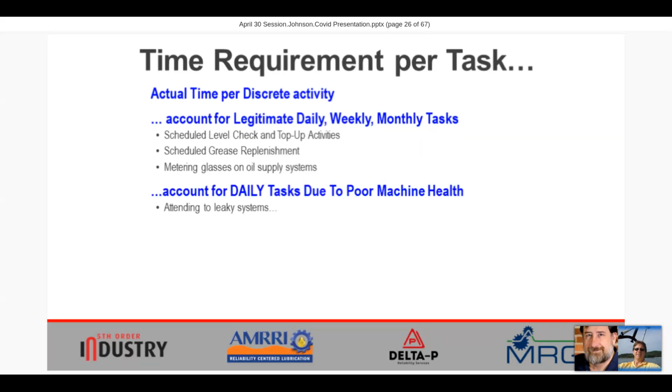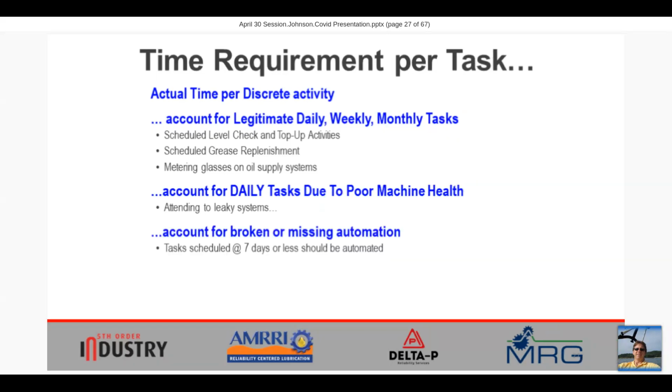In addition to those legitimate task requirements that must be accounted for into the task allocation, we also have to account for other miscellaneous work that we do due to poor machine health, such as continuously attending to a leaky oil system.